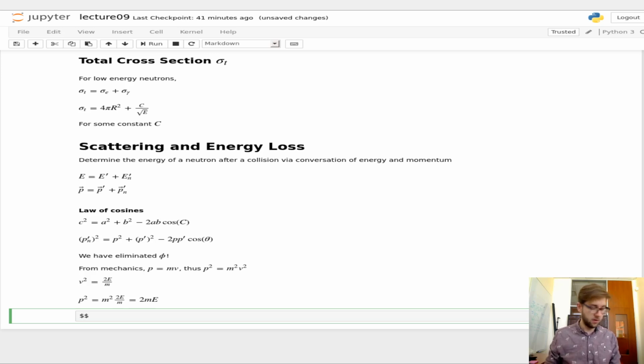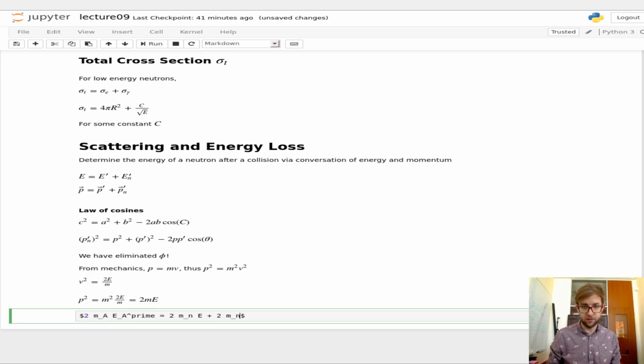So 2 times the mass of our nuclide A times the energy of A prime is equal to 2 times the mass of a neutron times the energy of the incident neutron plus 2